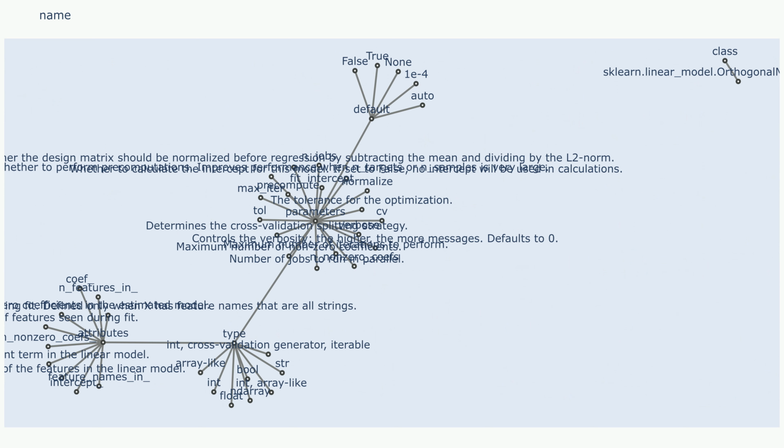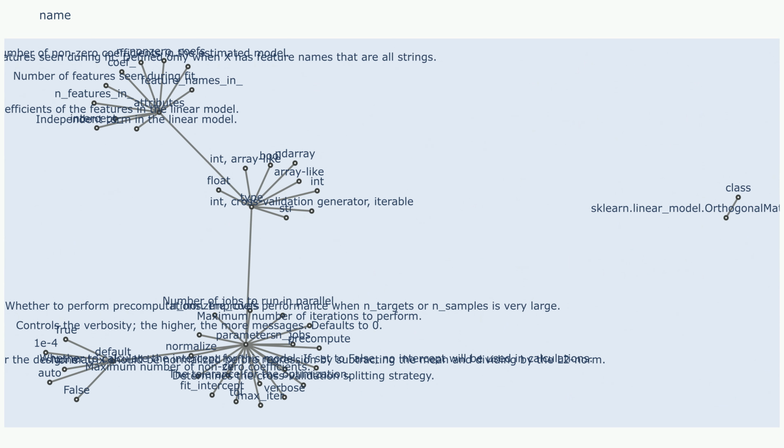This is the recommended approach for most cases. Integer sets a fixed upper bound on the number of non-zero coefficients. Array-like allows for specifying a range of values for n_nonzero_coefs to explore during cross-validation.